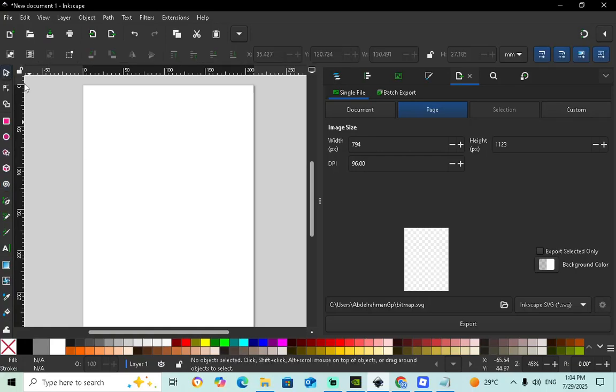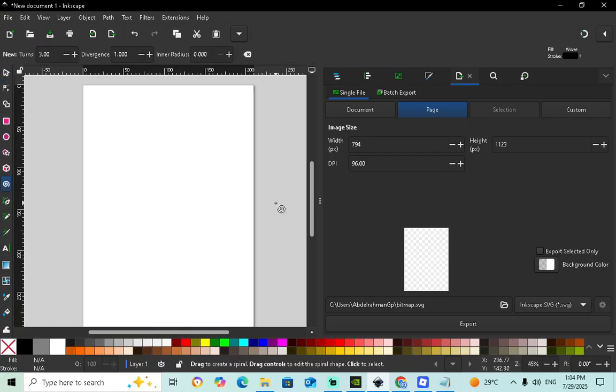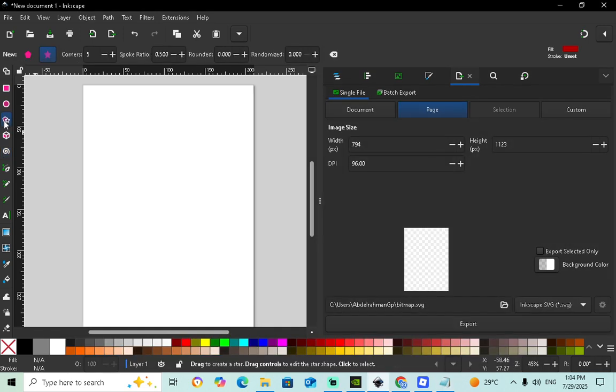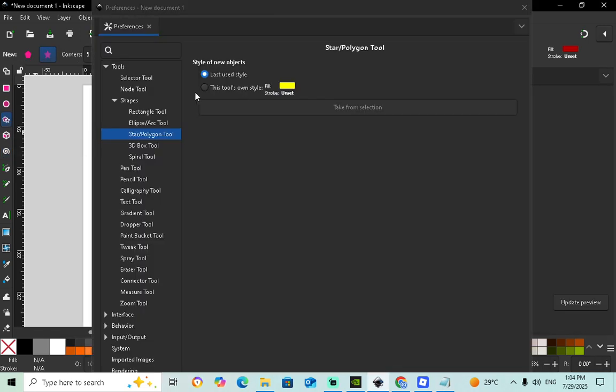How to start to draw a triangle in Inkscape. So what we're going to do is select the star tool, and as you can see, we're going to start to